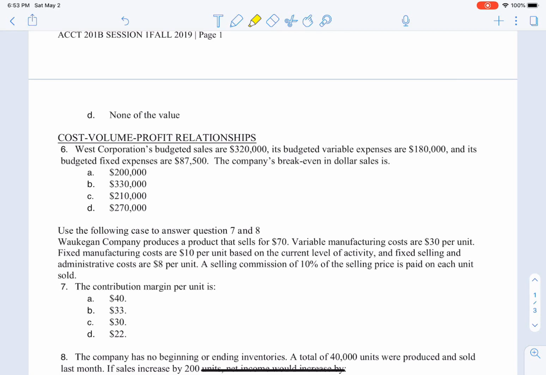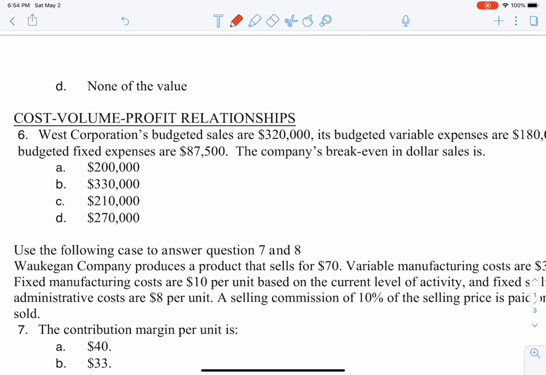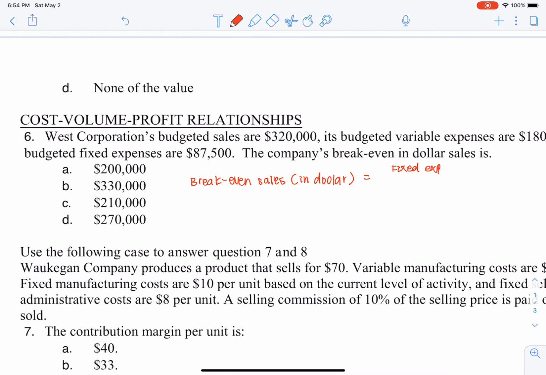So the corporation's budget sales are 320,000. Its budget variable expenses are 180,000, and the budget for the fixed expenses are 87,500. So it asks for the break-even dollar sales. So for the break-even dollar sales, the formula for this one, break-even sale in dollar is equal to our fixed expense divided by our contribution margin